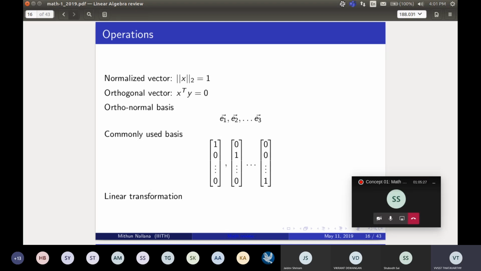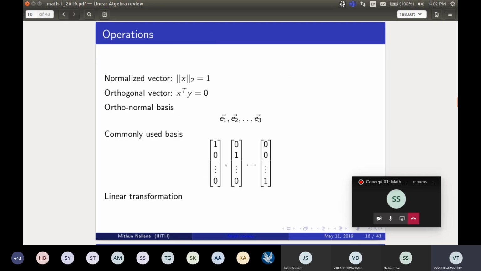And then you have orthogonal vectors. We have already seen that their dot product is 0. That is what this says. Now you have the orthonormal basis E1, E2, and E3. These are similar to ijk in a 3-dimensional world. So in higher dimensions, this can be En in general. So 1, 0, 0 and 0, 1, 0 form the vectors. For example, in 3 dimensions, 1, 0, 0 will represent the unit vector along the x direction, 0, 1, 0 will represent the unit vector along the y direction, and 0, 0, 1 will represent the z direction.